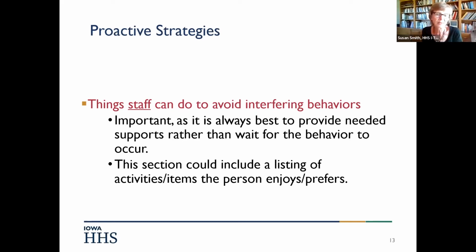One thing that I like to always include is a listing of activities or items that the person enjoys. So if I had done a preference assessment and I know that they like horses and football and playing basketball or a certain kind of music, I can put that here. Assisting them in coming into contact with the things they like and talking about the subjects that are valuable to them is going to form a lot of relationships and that's going to make them happy. So that's a really good proactive strategy.